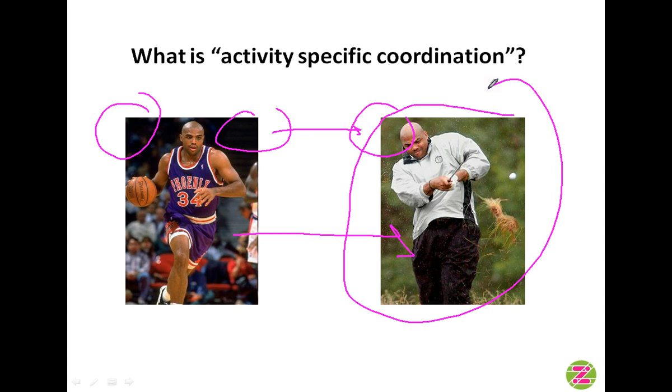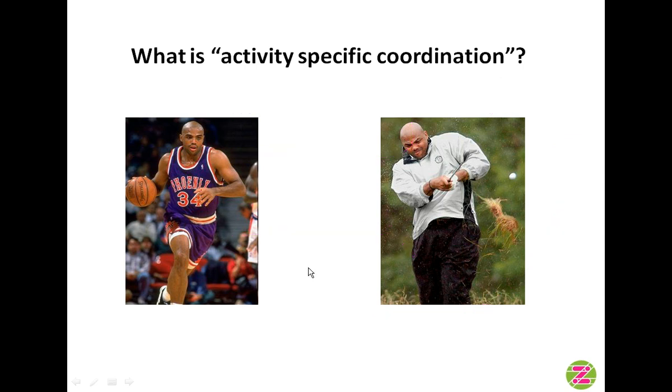So there are some very basic core movement patterns that, if they're at the core, at the engine of driving this process, technique becomes almost second nature, and technique becomes easier to teach if the body moves in more efficient patterns. So activity-specific coordination really boils down to each athletic endeavor, whether it be shooting a basketball, swinging